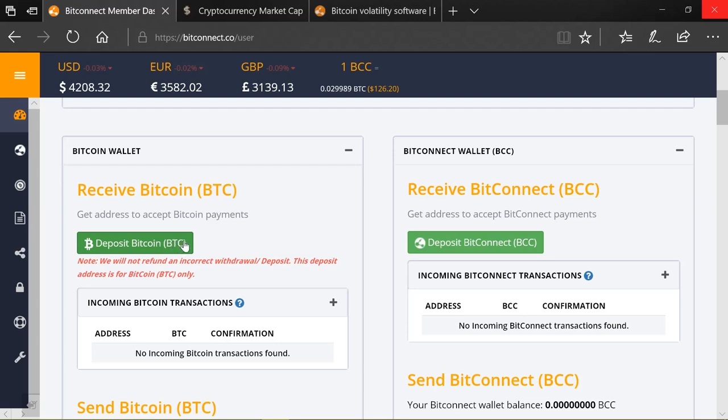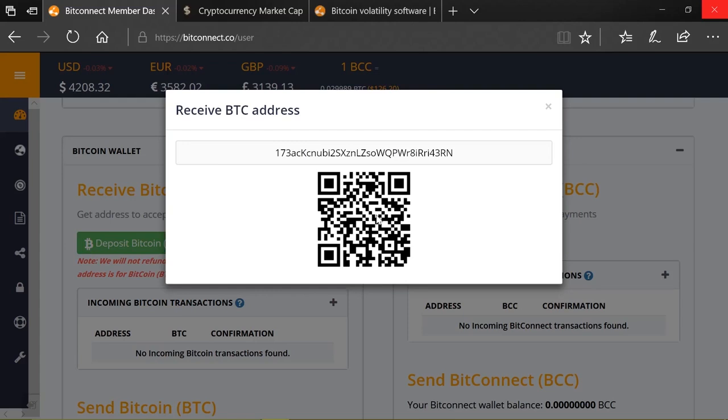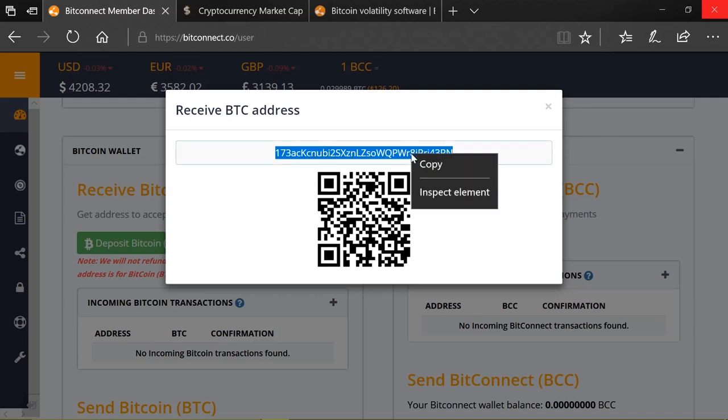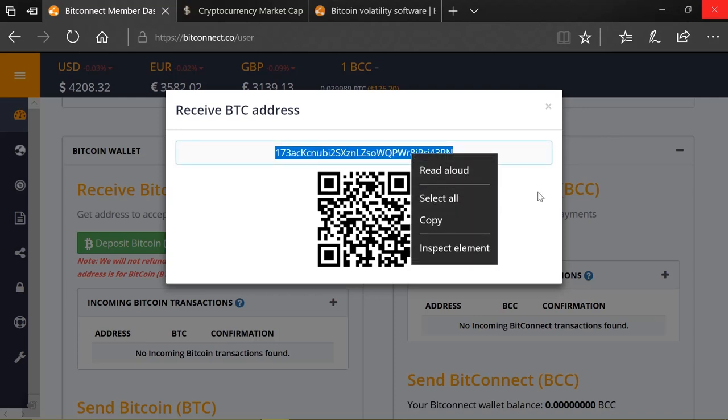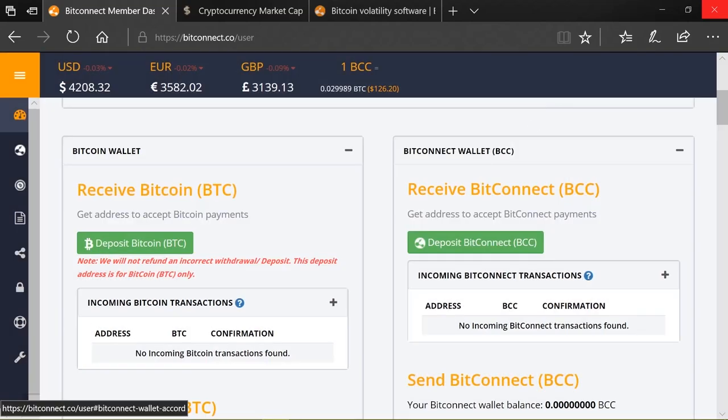So if you're going to send Bitcoin, you will need to click this button and it will go through to a pop-up area where you can actually scan with your smartphone, or you can copy this address here. So you can either go there and then copy. That is the destination address. It's like a bank account where you can send to your unique address some tokens or equivalent money in dollars or pounds or euros or yen or yuan.